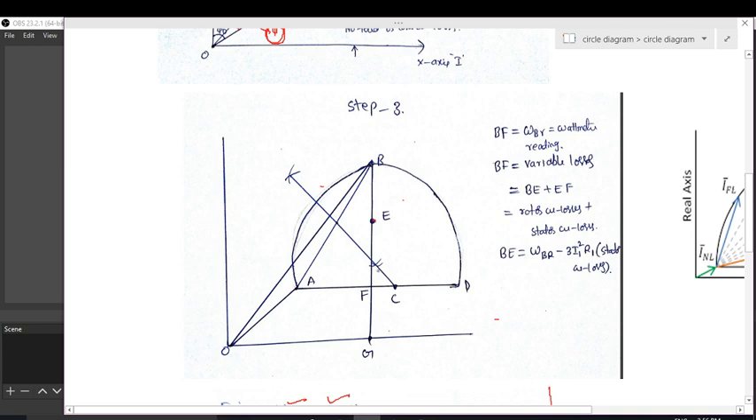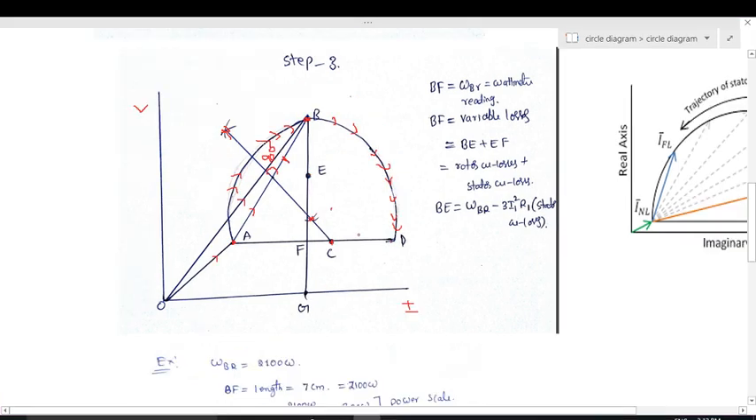After drawing the semicircle with center C and A of this semicircle, from point B extend a line up to the x-axis and join B and G. Generally, GEF indicates nothing but constant losses from the no load test. And then the B to F distance gives us